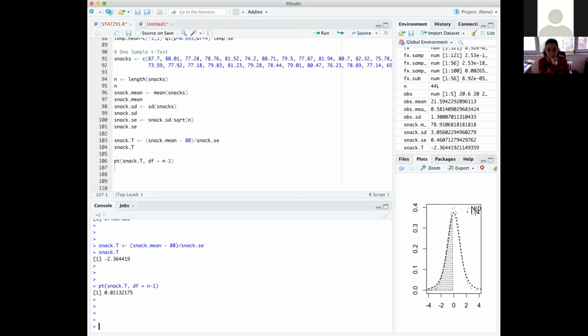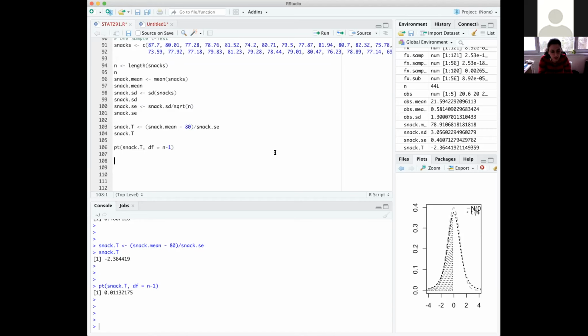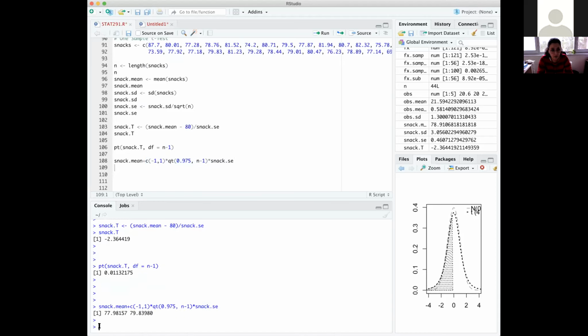We could also use the confidence intervals, right? Yes, let's say we want to use also confidence interval, and here we have snack mean plus or minus, we were using -1 and +1 times our quantile coming from this qt, from the t distribution, 0.975. Let's say our alpha is 0.05 and n-1 is our degrees of freedom, and we should say times snack.se. Okay, this is the statistic, this is the critical value, this is the standard error, and here is our confidence